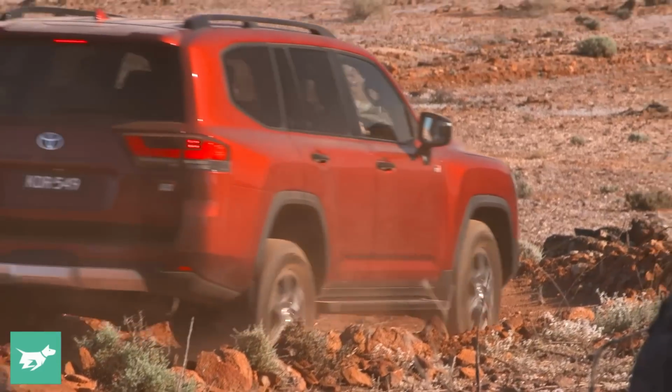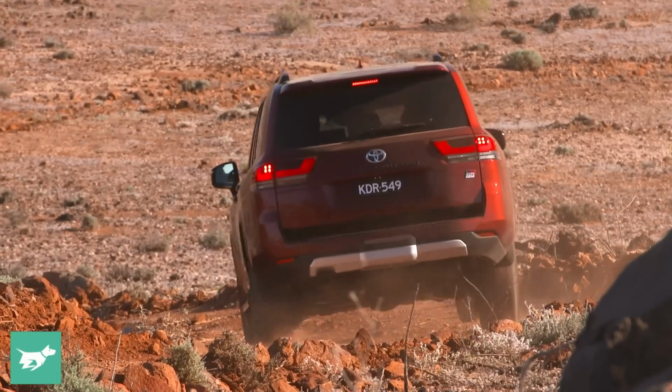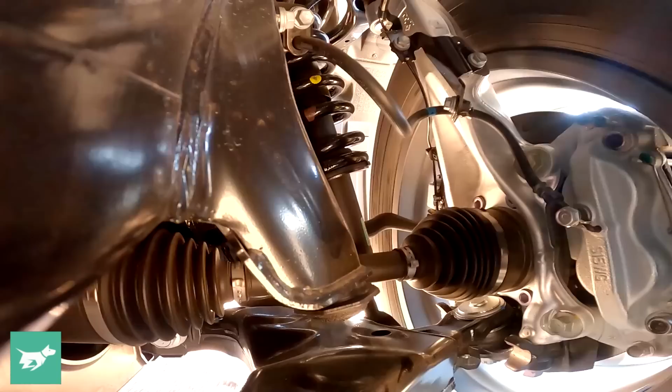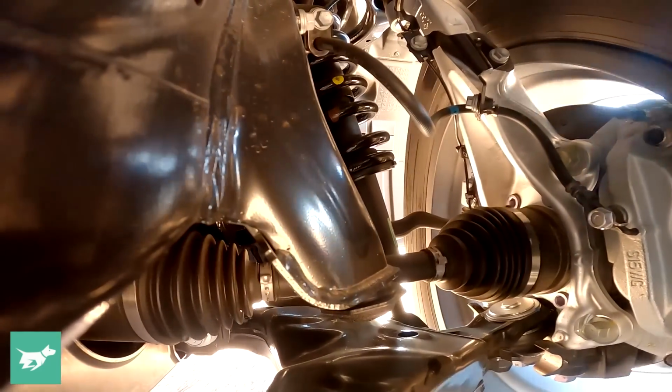Now we're going to try turn assist here. We're going to have it in downhill assist control crawl, and you hit this button here next to the diff lock button, and it starts to sort of lock the inside wheel to make the car be able to turn super tight. Like, it already has a pretty tight turning circle, but this makes it that much better again